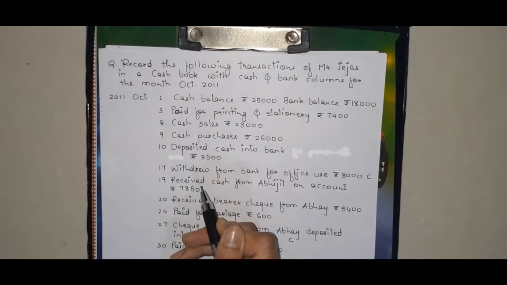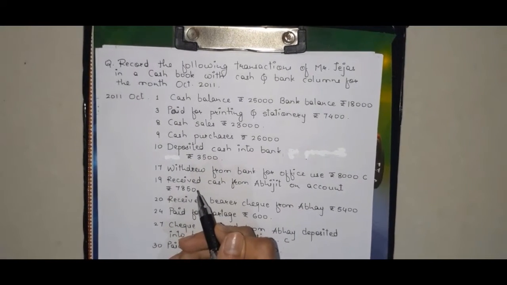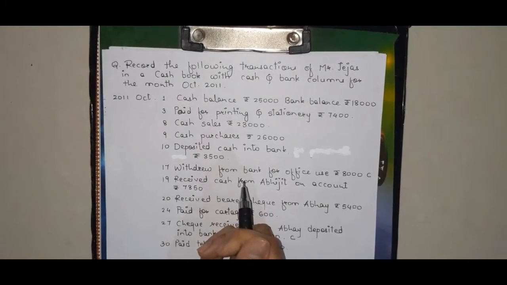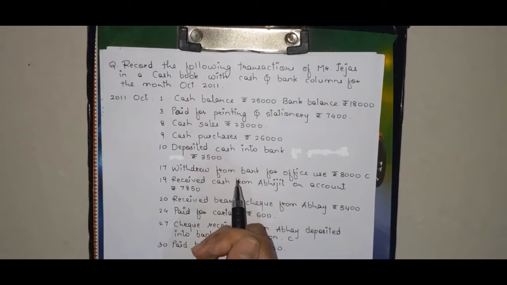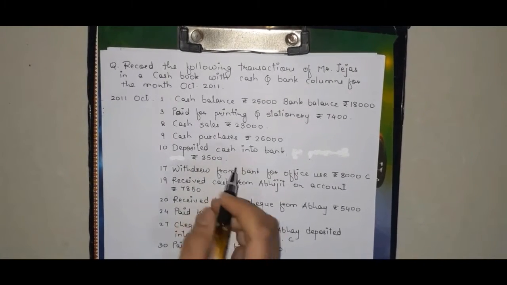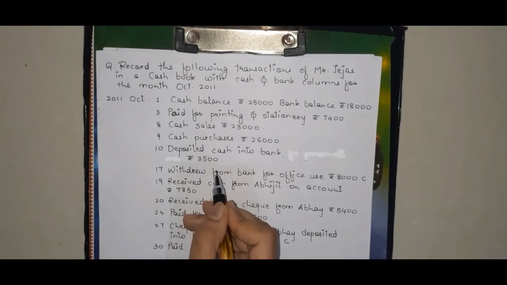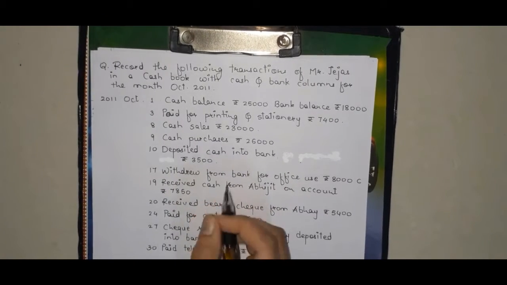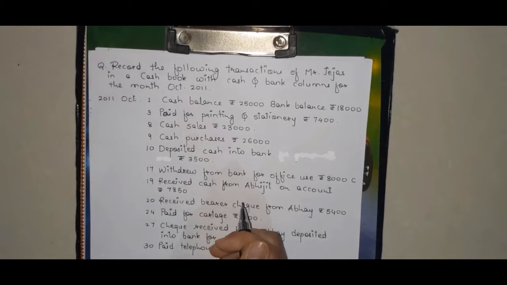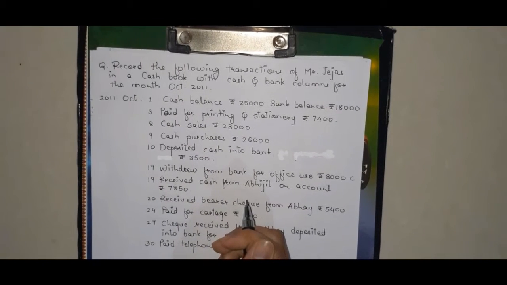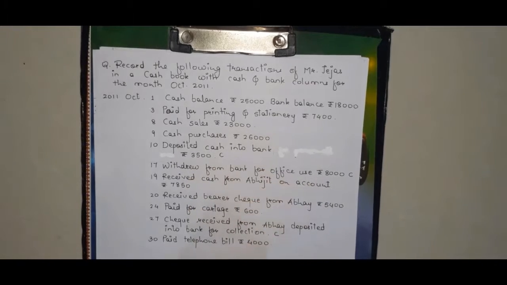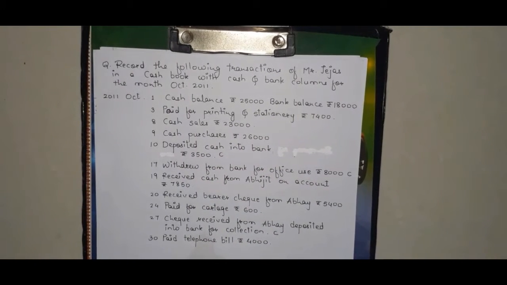Now, if you remember my previous video regarding banking transactions in double column cash book, I told you about some contra entries. This concept I have explained, what type of contra entries are, and we have discussed the journal entries of contra entry. Now, here it is the same. This is a contra entry because we have deposited cash into bank. So cash is getting reduced, the cash column is getting reduced and the bank column is increasing because we are depositing. So this is a contra entry. So we will write here a letter C to denote this transaction as a contra entry.